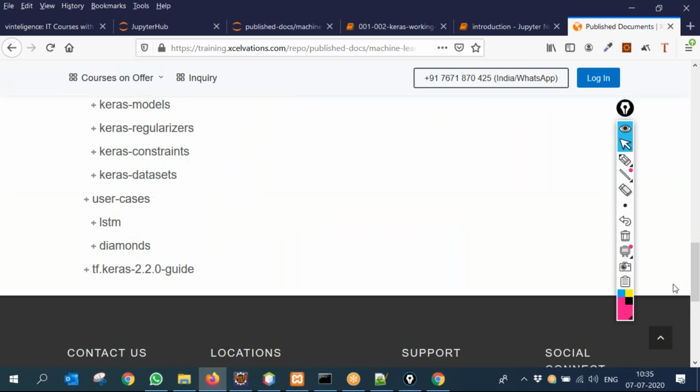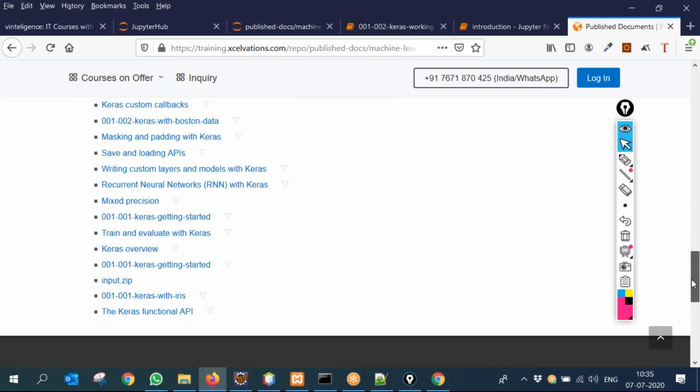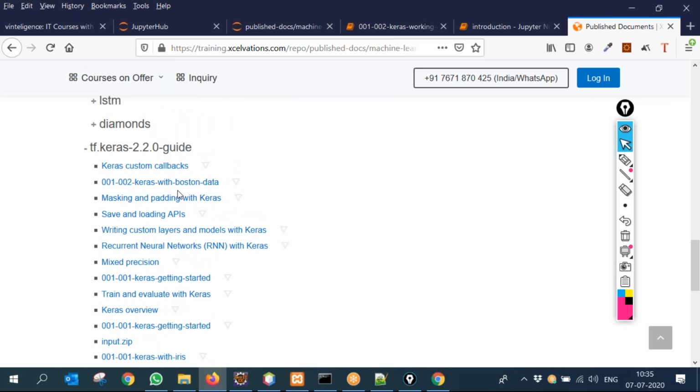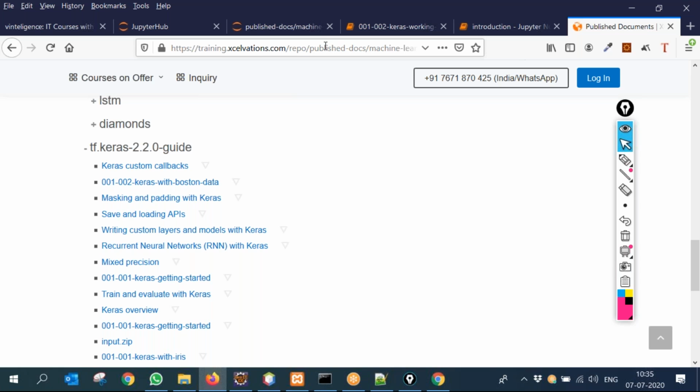So this is where we were discussing. These are all the files you will get from here. This was the one we were discussing. This is JSON data; you open it in Jupyter, it opens that way. So it might not be useful. This is available right now in public. We are trying to put a login, but it will be available in public for the time being. Any other question anybody has?